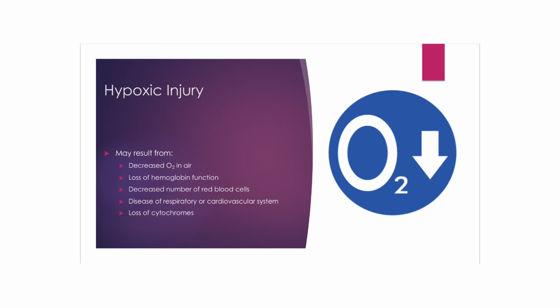You could have disease of the respiratory or cardiovascular system, just like we talked about with a myocardial infarction. You could have an actual blood clot, or atherosclerosis buildup in the coronary arteries, and that can create an area of the heart where you're not getting good coronary blood flow, meaning you're not going to get a good amount of oxygen to that area. And of course, if somebody's got a respiratory illness, they're not bringing in a good amount of oxygen, such as your COPD or your asthma patient.